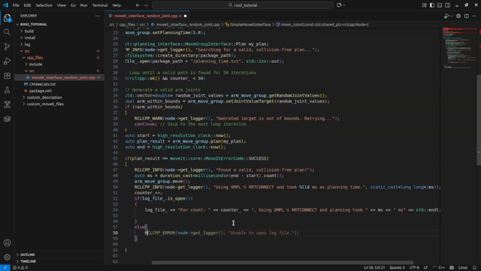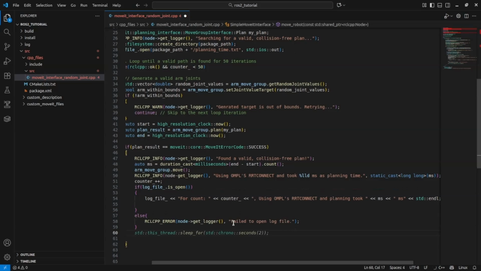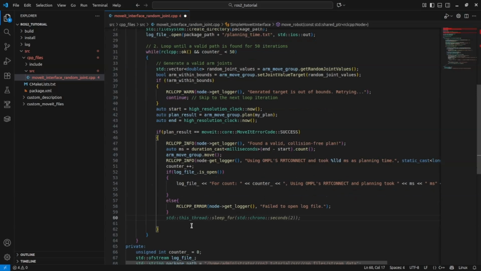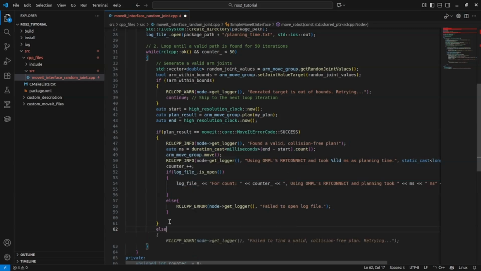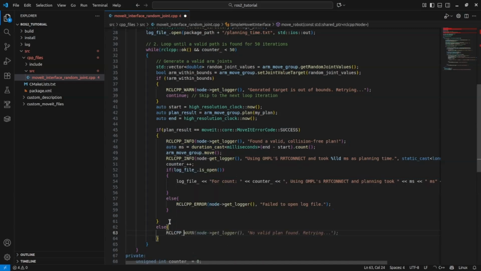If it was not, then RCLCPP_ERROR, failed to open log file. This is the one. Now let's say if the planning was not successful, it failed, this part of the code will not run. Let's keep an else statement. RCLCPP_WARN, let's keep a warning telling that node get_logger